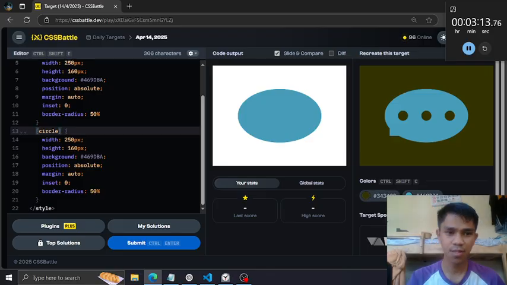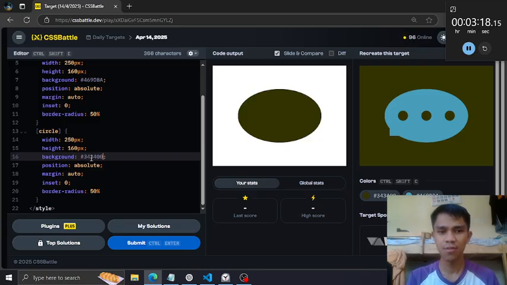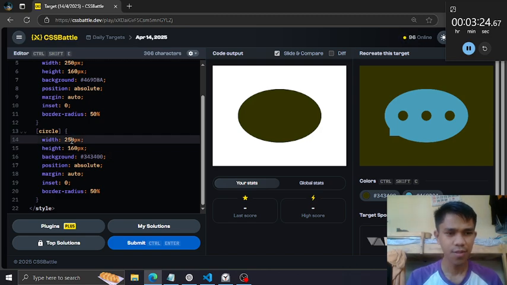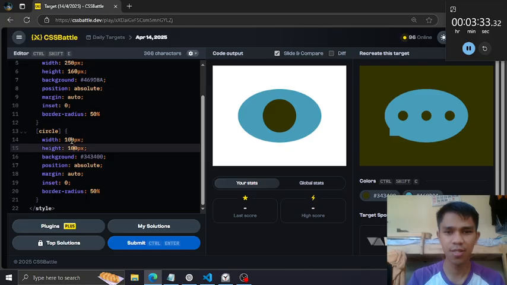So copy this, change the sky blue to this dark yellow, and reduce the width. The width and the height need to be the same. So if this is 100, the height is also 100, to create a circle.